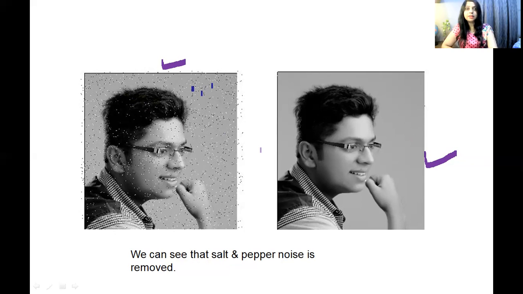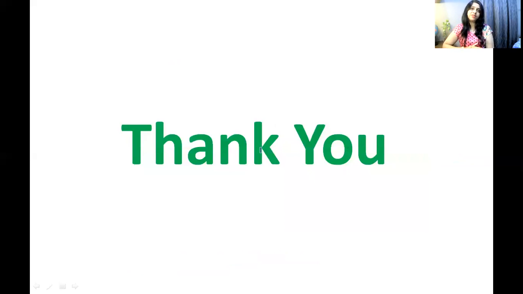So this is how the averaging filter and median filter work. Both are used to remove noise, but the median filter works better on salt and pepper noise, and the averaging filter is used to blur the boundaries, to reduce the high frequency components, to reduce the edge information available in the image. I hope you understood the concept behind low pass filtering and why it is used.